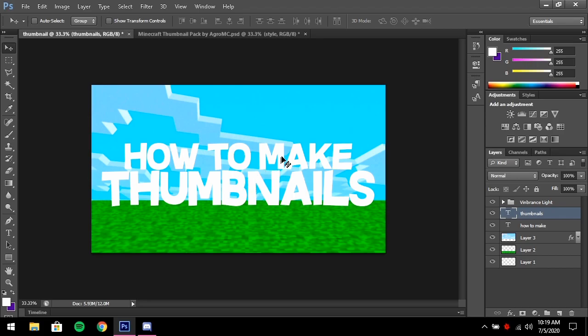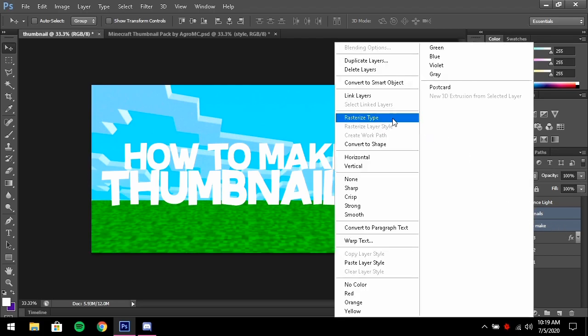and you guys can move it pixel by pixel using the arrow keys, by the way, so that you're more accurate. And I'm gonna click on the first text layer I made. Hold Control and click on the other text layer, then right click that and go to rasterize layer, rasterize type, sorry,